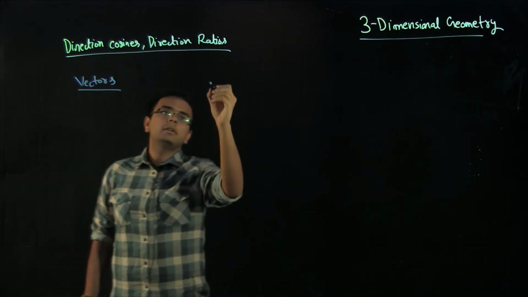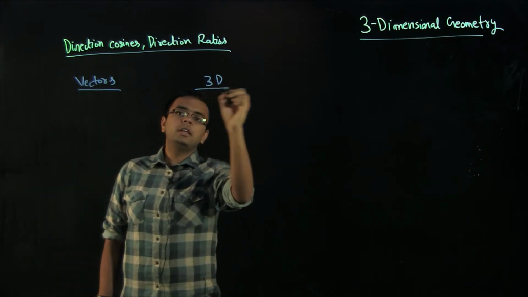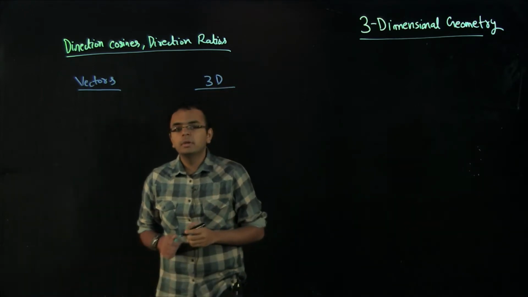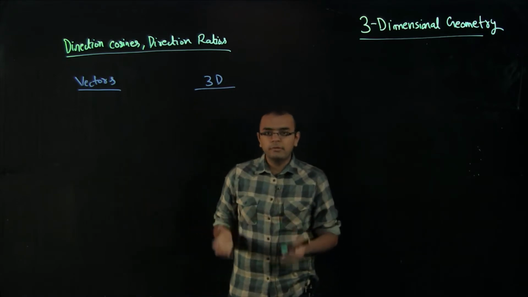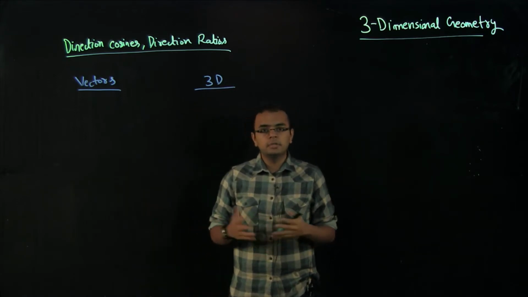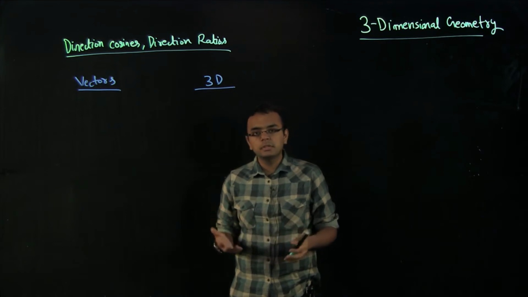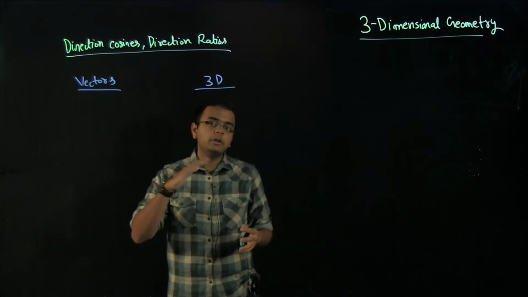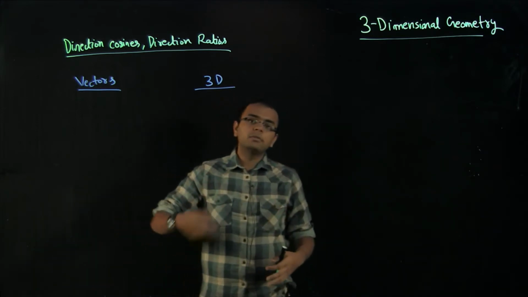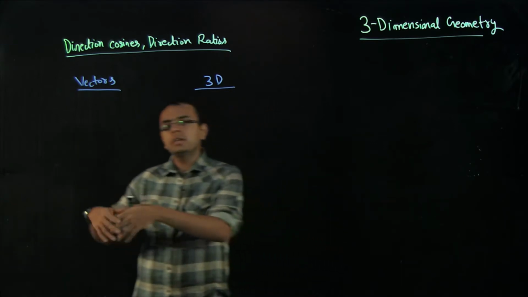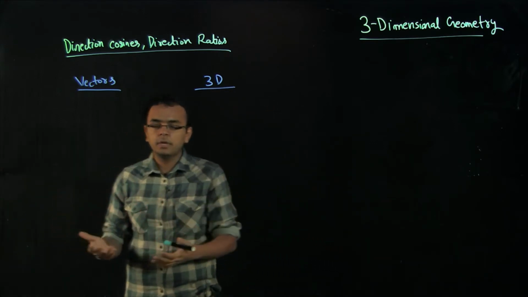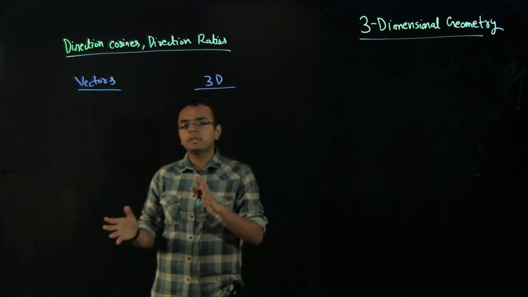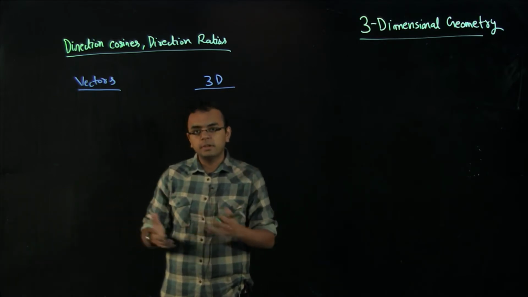and then we have 3D here. So 3D is sort of a coordinate system. You probably have read chapters of conic sections or circles, straight lines. They were all in 2D. Now in 3D you will have x, y and z. In vectors you already had i cap, j cap, k cap. So you already had x, y and z. So basically there is a similarity between vectors and 3D.